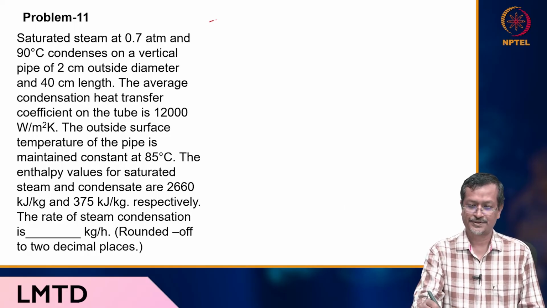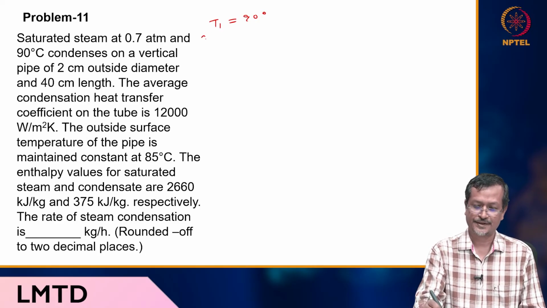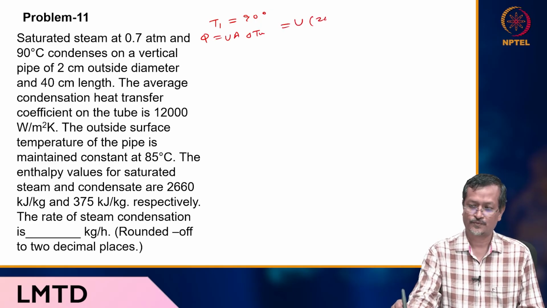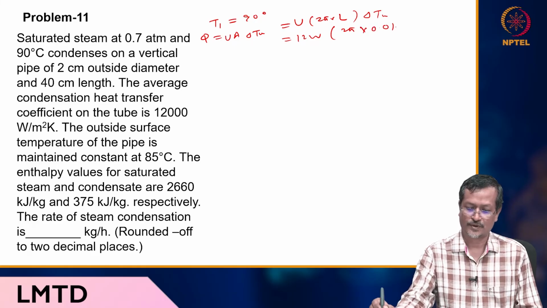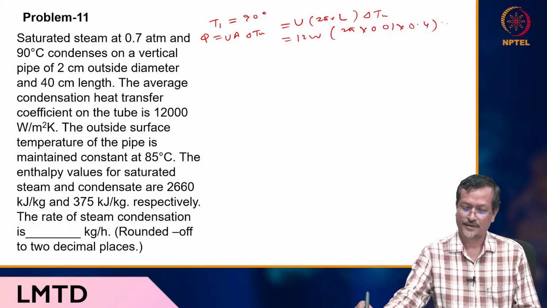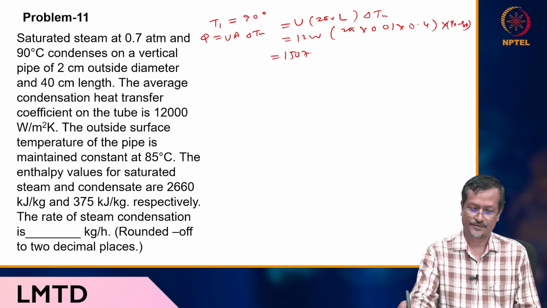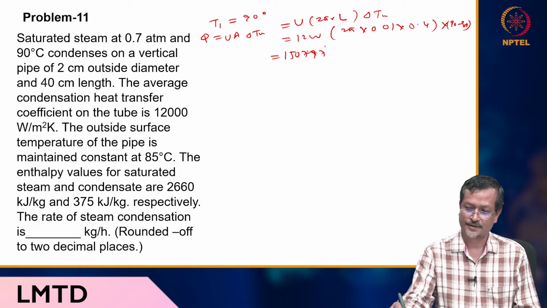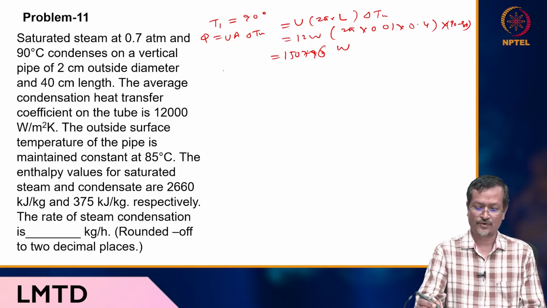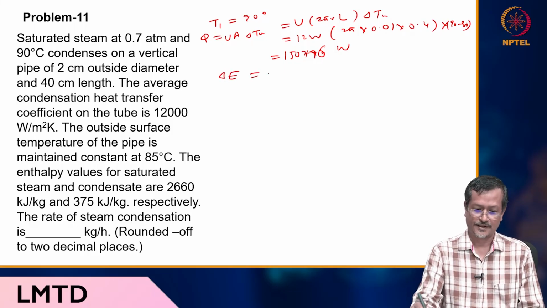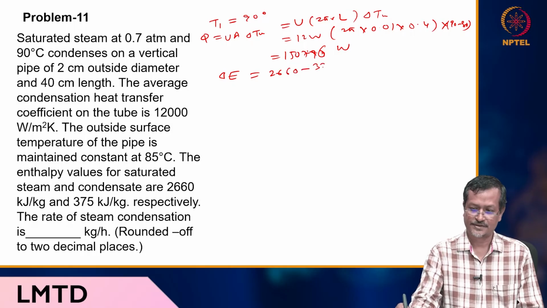So saturated steam temperature T1 equals 90 degrees centigrade, Q equals U A del Tm. So U 2 pi R L del Tm. So 1200 given, 2 pi into 0.01 into 0.4 into (90 minus 80), in 150.796 watt. Now enthalpy change from saturated steam to condensate del E equals 2660 minus 375